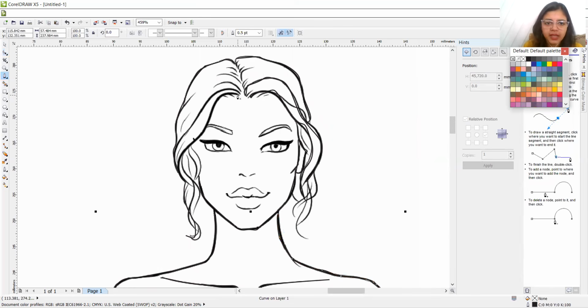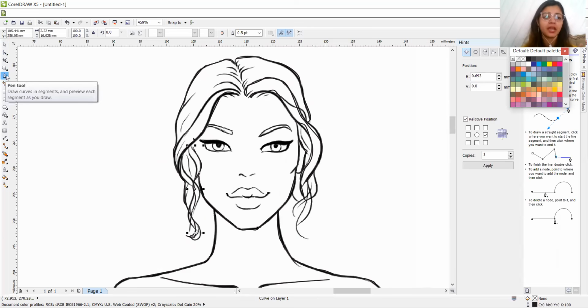So here this line is missing. Because you don't need to trace each and every hairline, it's up to you. If you don't want to, then don't, because hair is messy and you can just make it your way, the way you want to show it. It's not necessary that you trace each and every line.